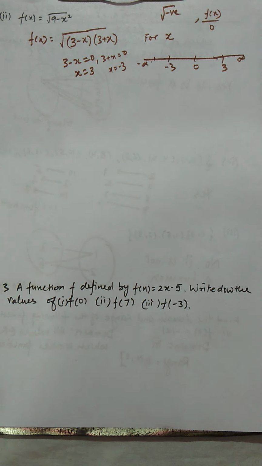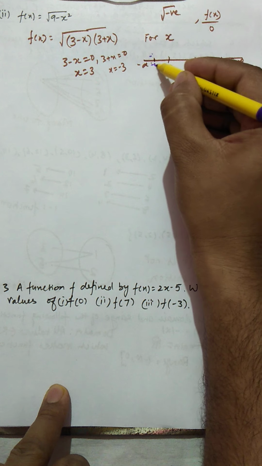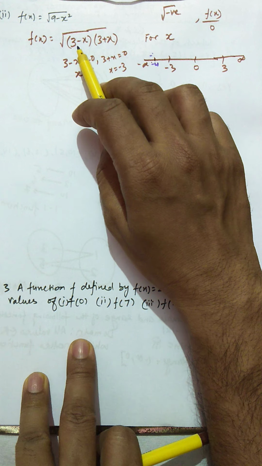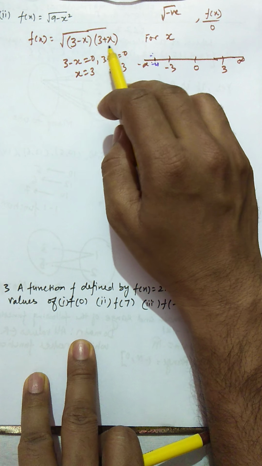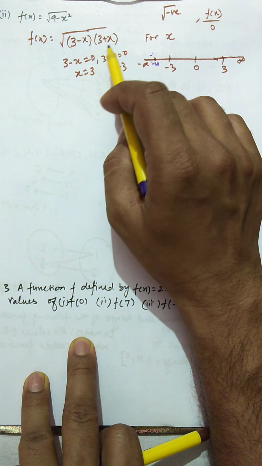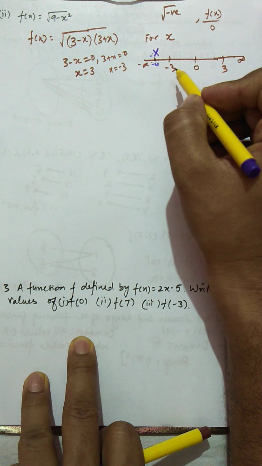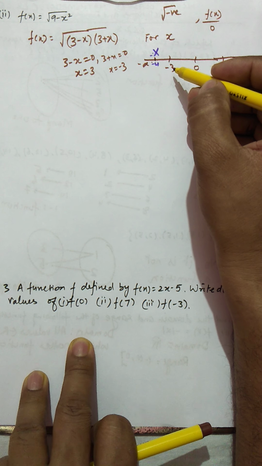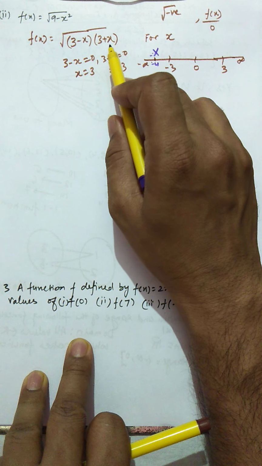If I take -4, I'm just writing here, this is for example. So put here -4. This will become 3 minus 4, minus minus plus. So this bracket will become 7, and this bracket will become -1. So this 7 into -1, the answer will be -7. So you cannot take this interval, minus infinity to -3. So now we'll take this one for -3. Can we put -3? If you put -3, this becomes 6, and 3 minus 3 becomes 0.